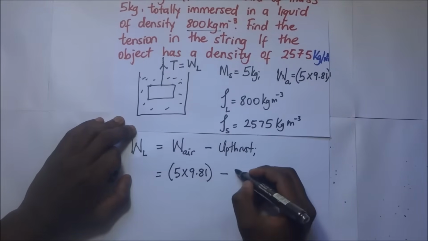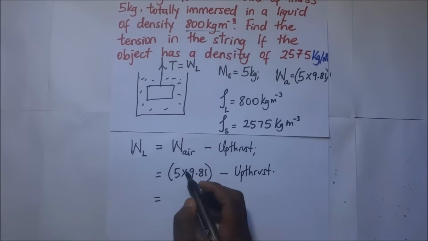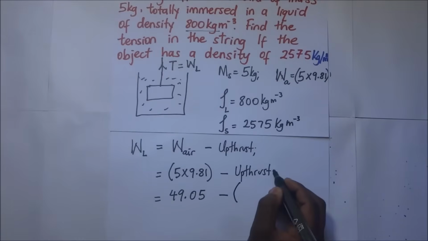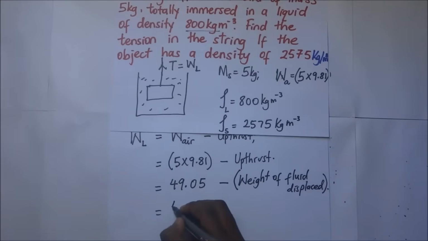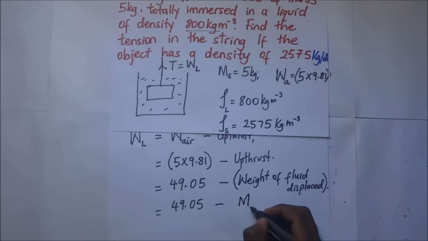minus the upthrust. Of course, we do not know the upthrust, but we know that upthrust is equivalent to the weight of the fluid displaced. So we continue with our working. This is going to be 49.05 minus the upthrust. Now, upthrust is the same as weight. So this is going to become 49.05 minus the weight of the fluid displaced, which is the mass of that fluid